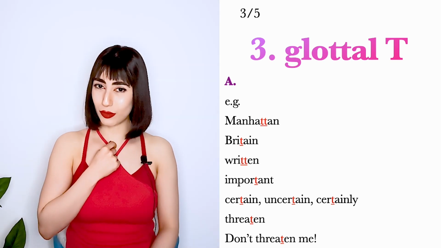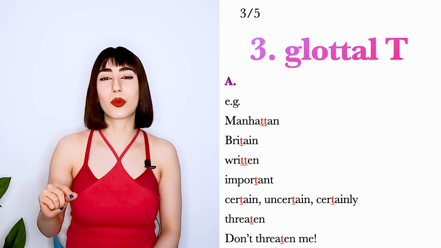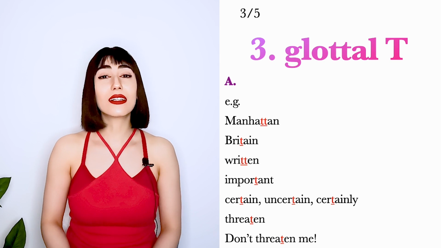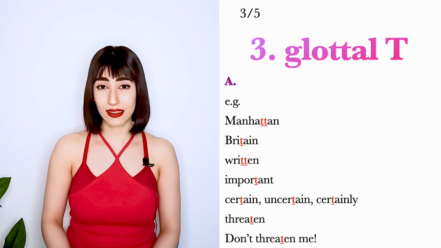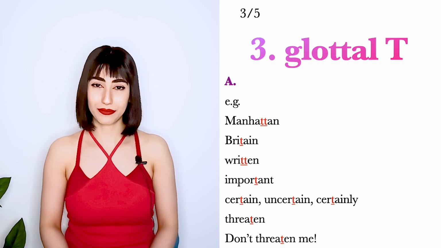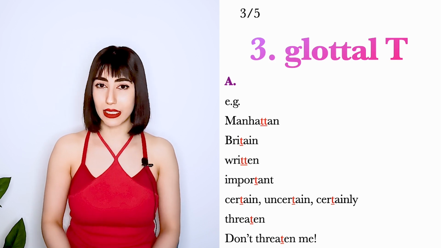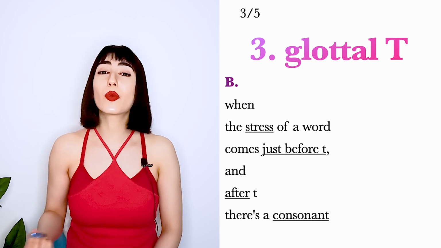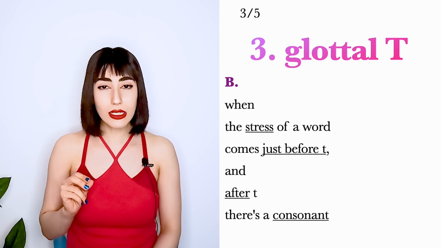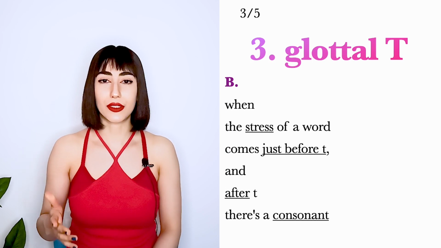We had this word before, so this is another way that you can pronounce it. Certain, uncertain, certainly. Threaten. Don't threaten me. Another case is when the stress of the word just comes before T and after it there's a consonant. Like in football,